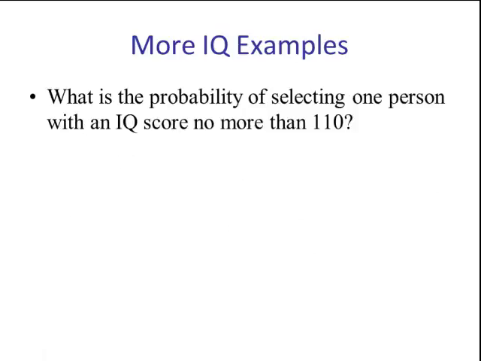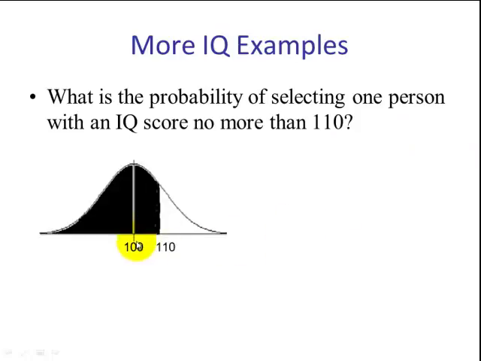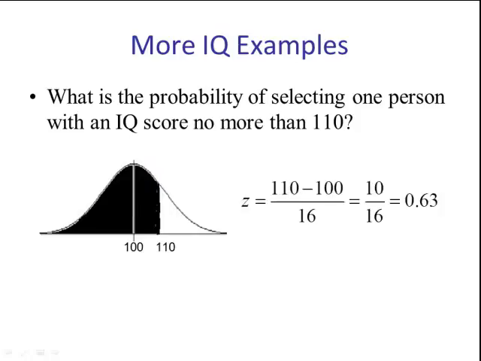What is the probability of having one person with an IQ score no more than 110? No more than 110 means less than, so we draw our picture. Mean is 100, it's in the middle. 110, and no more means less than. Next step, we change 110 to a z-score, 0.63. We look up 0.63 in table 5, and we see that the probability that z is less than 0.63